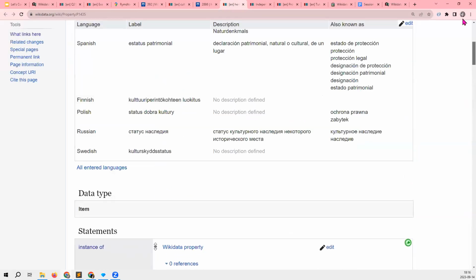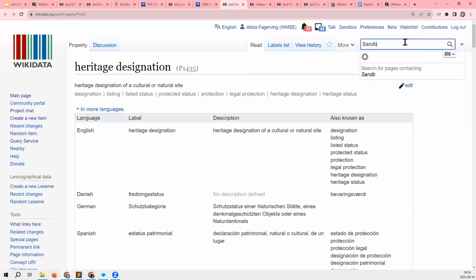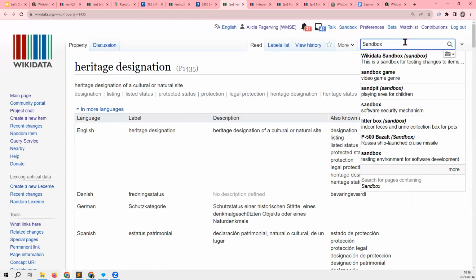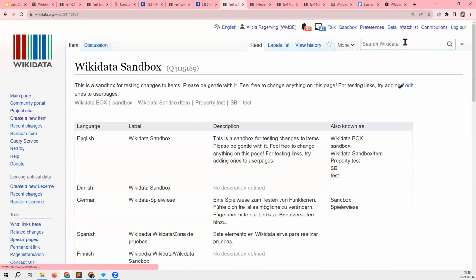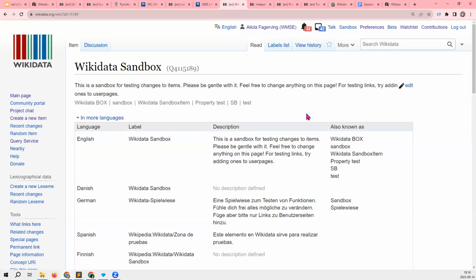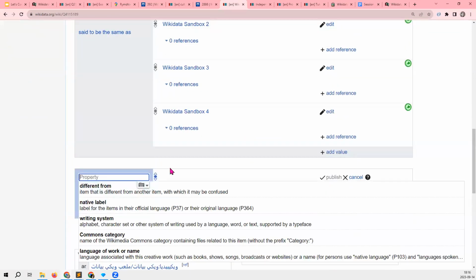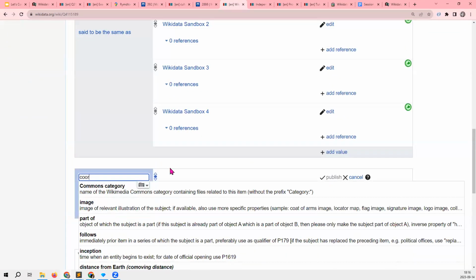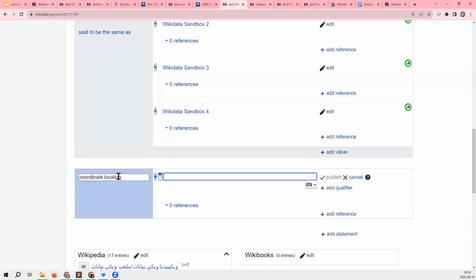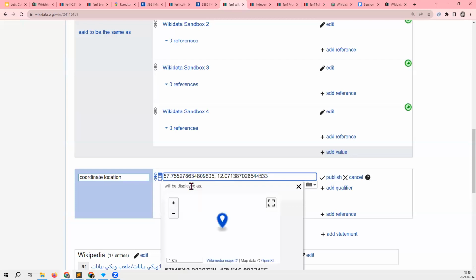So now I will go to the Wikidata sandbox item, which is like an item where you can make any sort of test changes. I will make a very quick edit. Then I can add coordinate location, and I will paste whatever I have.